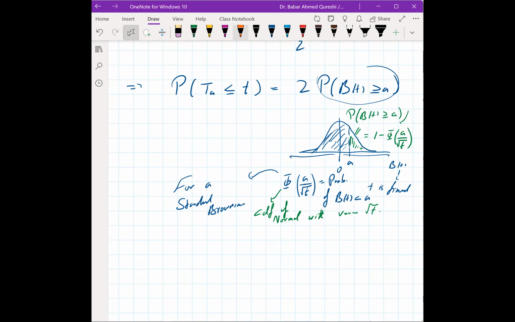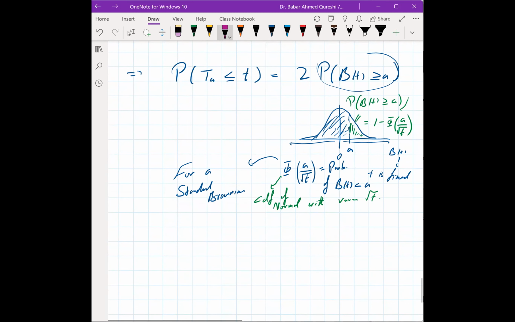So therefore, this CDF becomes, this is really the CDF of T of A, we're looking at the distribution. This becomes 2 times